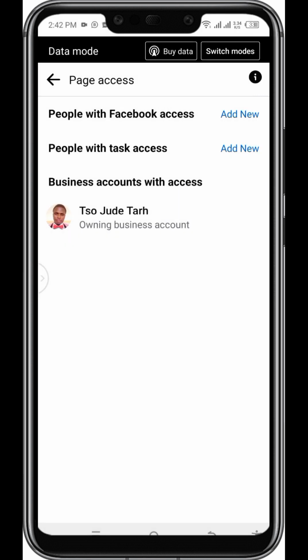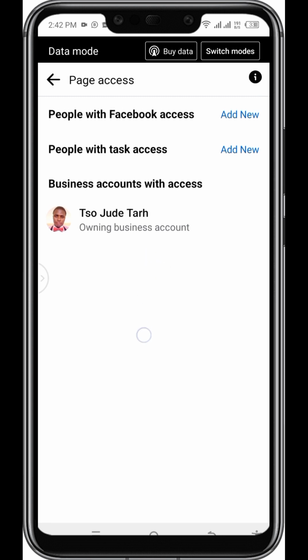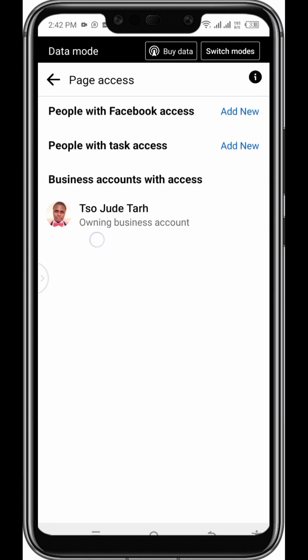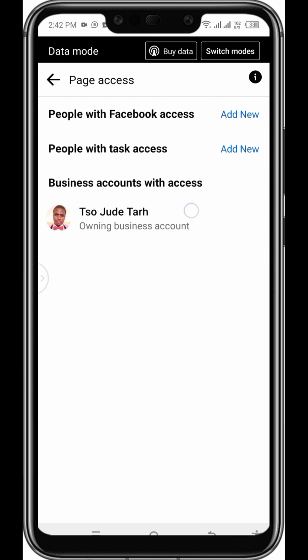And once it's accepted, it will show below here. The number of people who have access to your page will actually show here or here. But for this page, I could see it's just one person with access presently to this particular page. Okay,